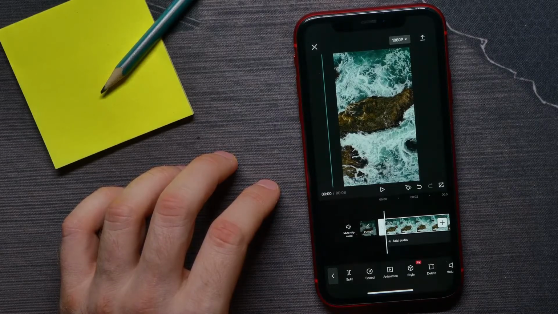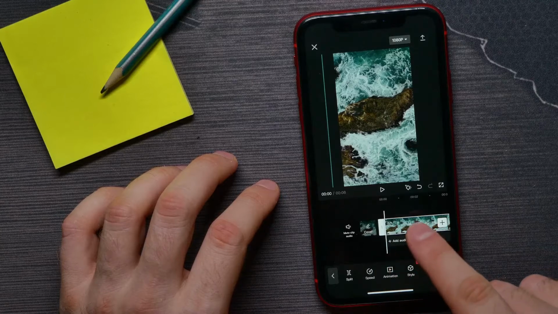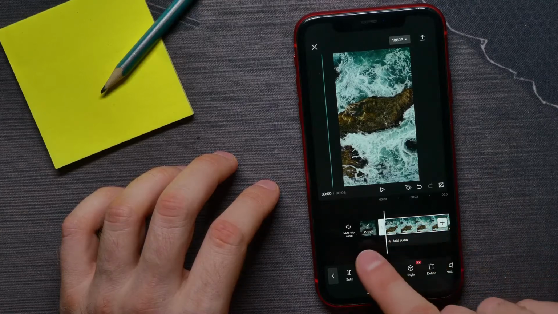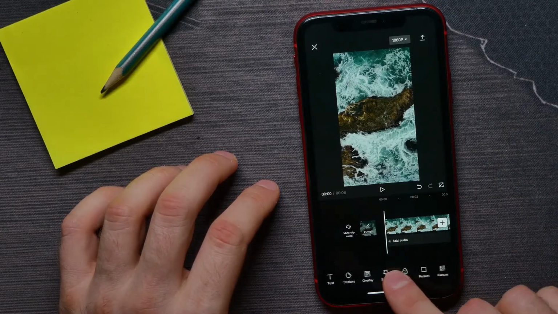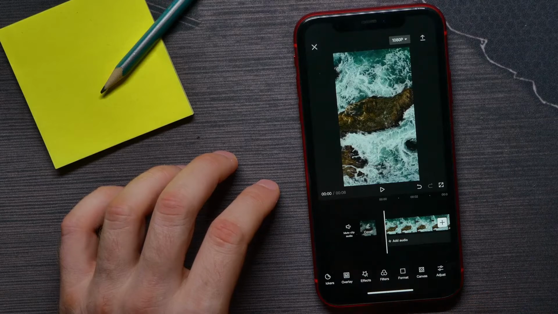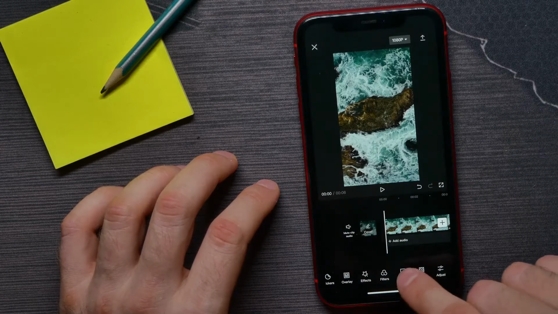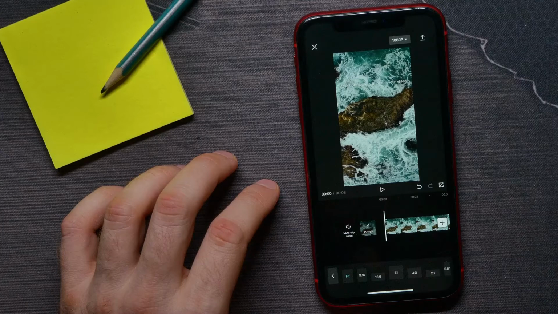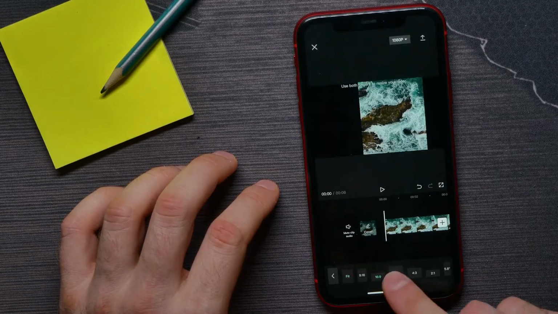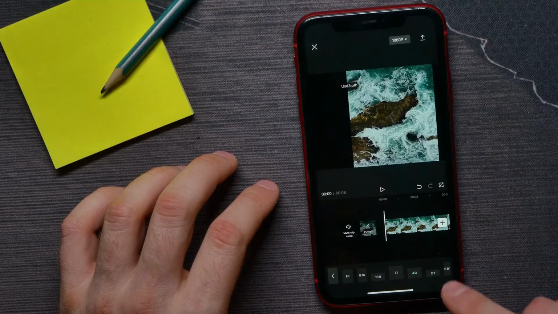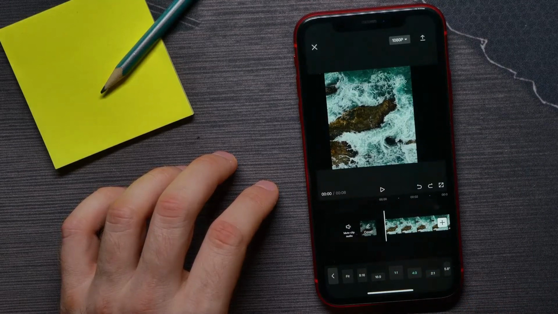In order to do that, first you have to deselect the video row. Just tap somewhere at free space and then drag to the left on that toolbar until you find format. Just tap there at format and now you can switch between different types of format, and now you can in